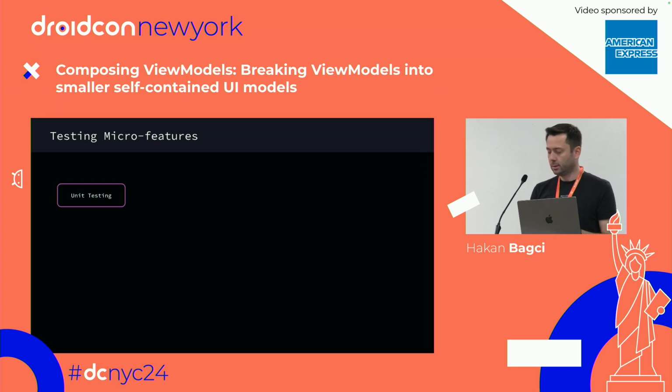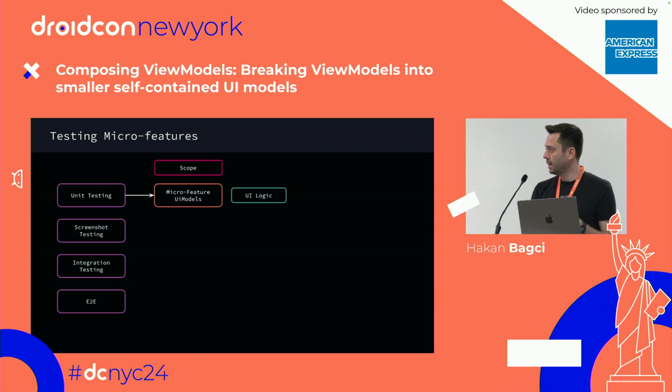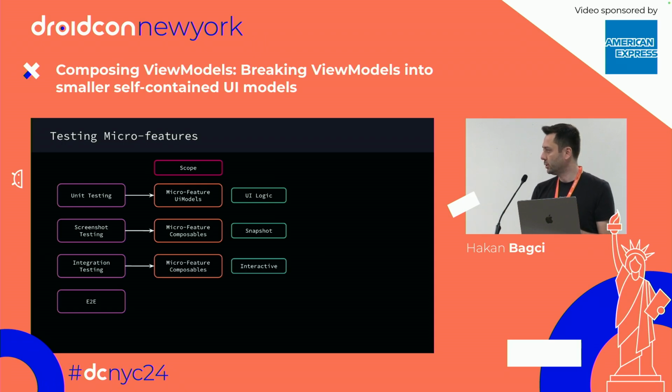We are using unit testing, screenshot testing, integration testing, and end-to-end testing for testing our micro features. Generally, the scope for unit testing is micro feature UI models, UI logic, repositories, mappers, etc. For screenshot testing, micro feature composables, as you've seen before, we are just using screenshot tests for the static behavior of micro features. For integration testing, for the interactive parts, button clicks, text fields, and other stuff, we are using integration testing, and these are also living in the implementation module